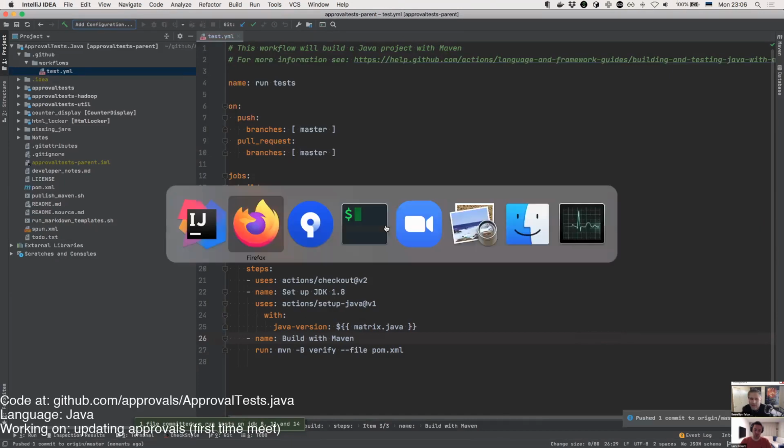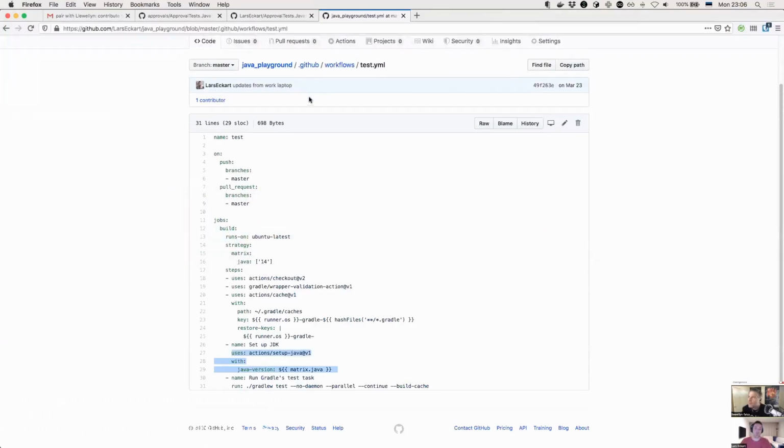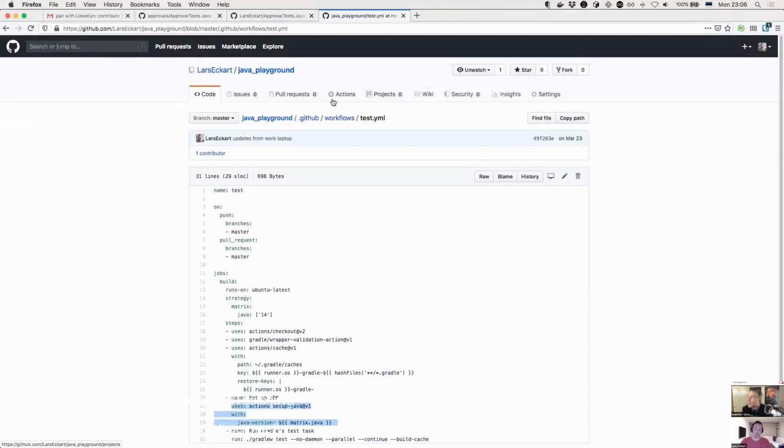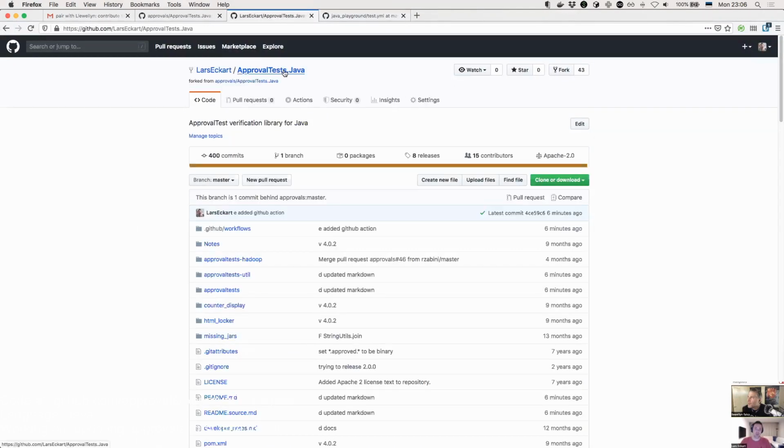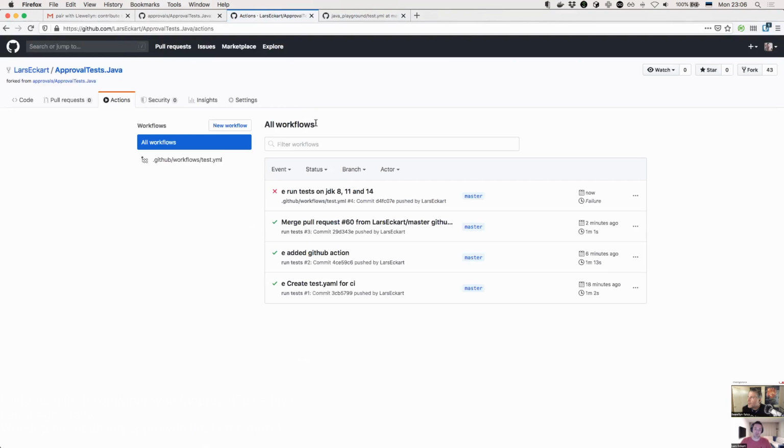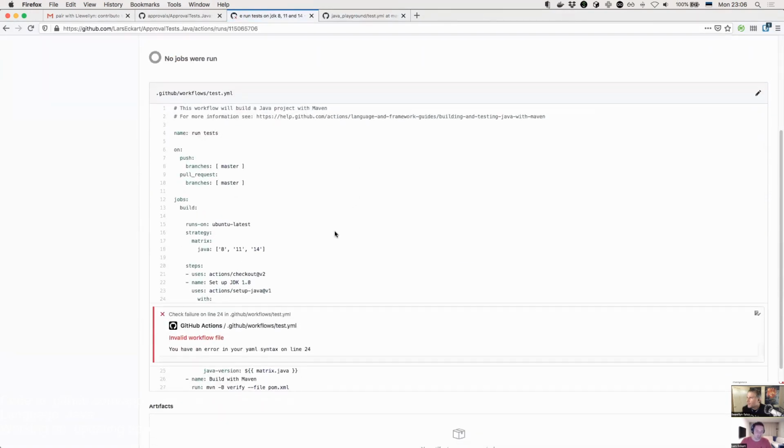All right. What next? Here. Actions. Oh, that looks like it failed already. Invalid workflow. So I think the issue that you have here is, you see where you say the name uses.